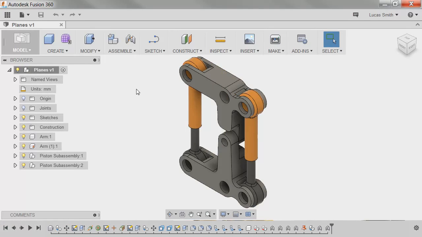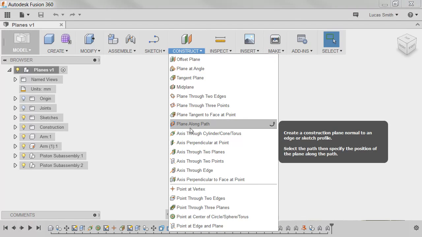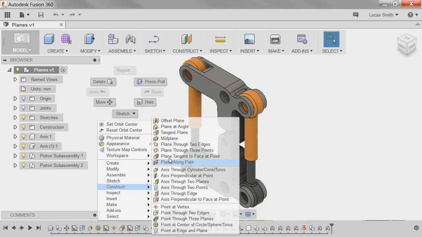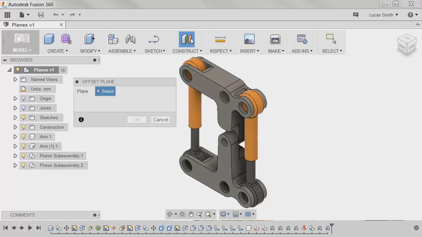The various plane commands can be accessed from 2 locations in Fusion 360, from the Construct drop-down menu and under Construct in the right-click menu. For now, I'll start by selecting the first plane type, Offset Plane, which is the icon shown in the Construct panel. An offset plane is defined by referencing another face or plane and making them parallel, and then offsetting it